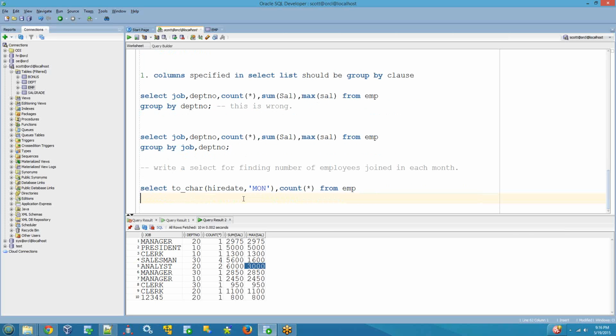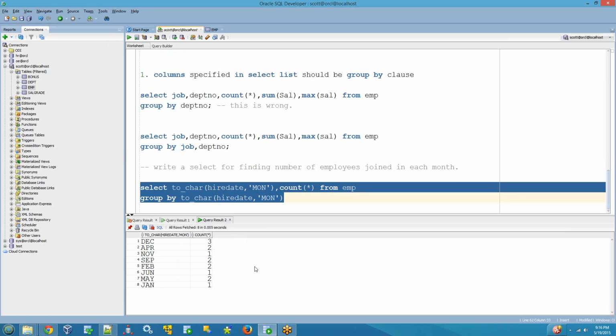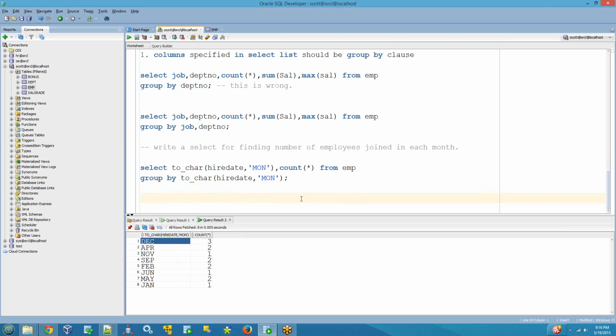That's it. Group by to_char, hire date month. Yes. So the December 3 and April. Okay, everybody, simple one. This is the way we can use the